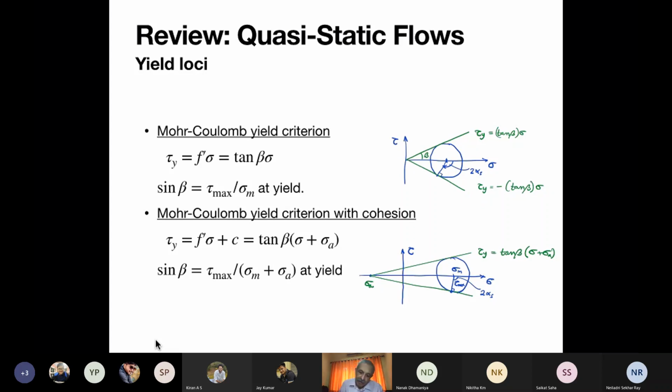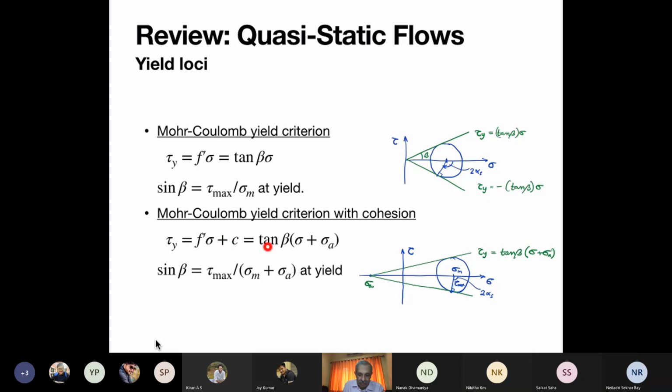So at the point of yielding, what you will have is the Mohr circle will be tangent to the yield criterion. Okay, and if you see this from the geometry, then you will get this. And this is something that you can extend the yield criterion. Sometimes you will have cohesion, in which case your yield criterion will become what was there earlier plus cohesion,